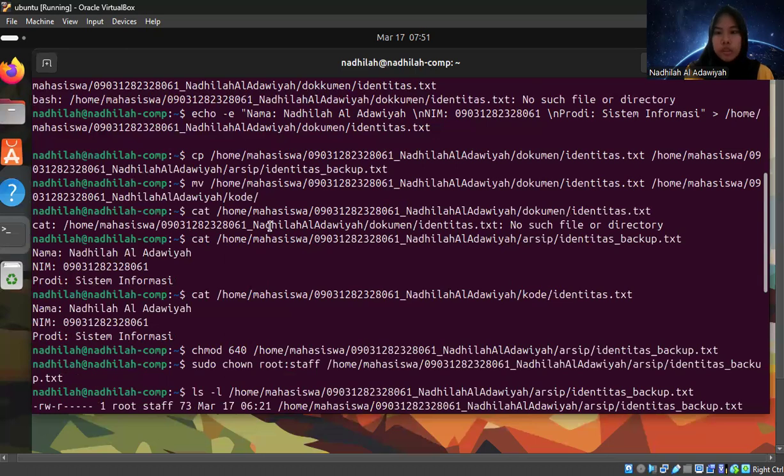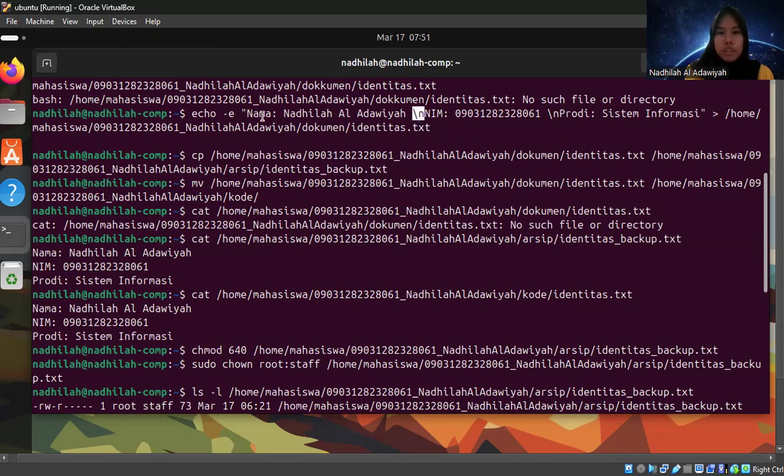Next, for the file manipulation subject, we can create a file and enter the contents of that file with the echo command with -e to allow new line characters such as \n to be read properly.